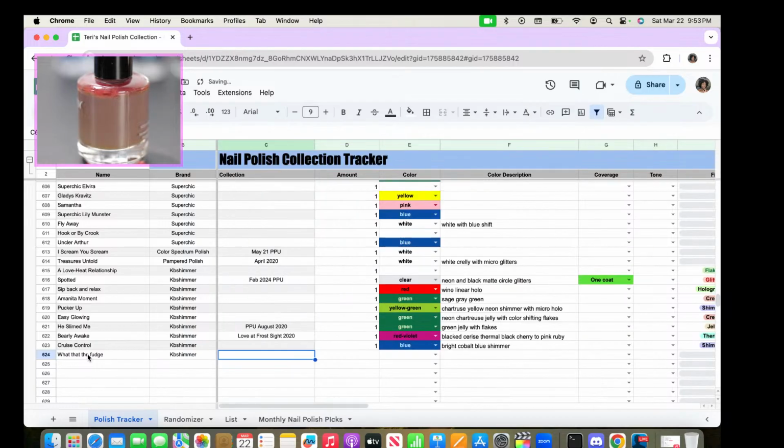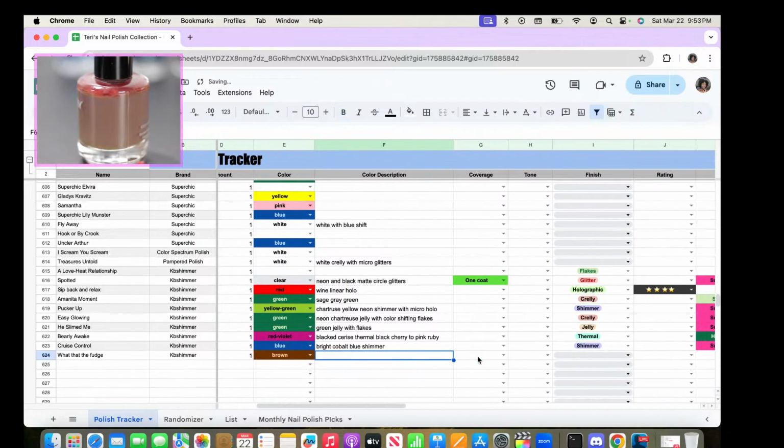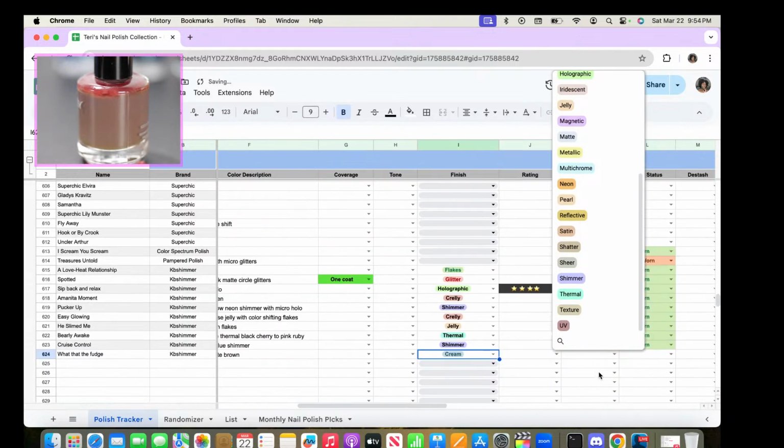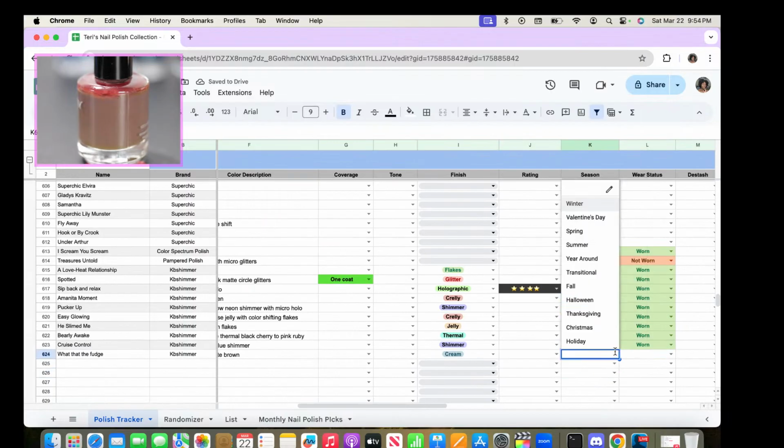Baby shimmer. This is brown. I'm gonna say it just looks like a chocolate brown. This is my description, not the official description. Cream. I feel like I remember this being a part of like a summer collection or something. Maybe it wasn't. Maybe I'm making that up, but